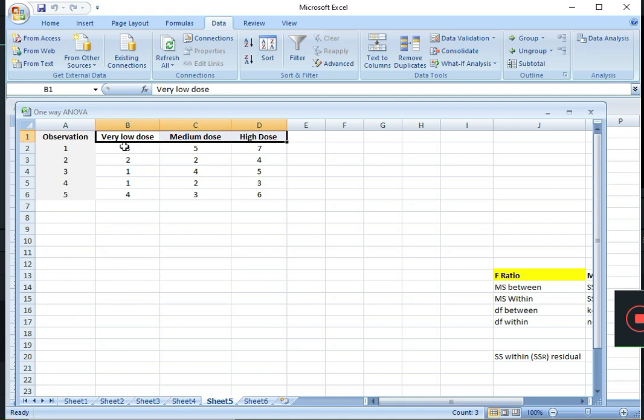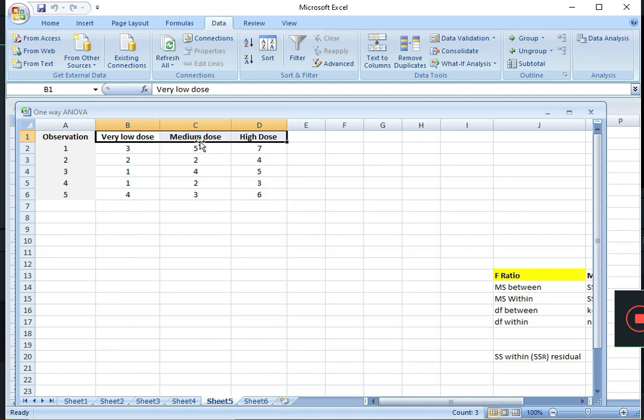Like in this case, we have the dose of medicine. Dose of medicine, or dose of health drink, we can say, is the independent variable, and this is the energy of different people. So those who are taking the low dose, medium dose, high dose, these are three groups. Now we will compare these three groups based on one factor or one categorical variable. We call it a factor in SPSS; its popular name is factor.